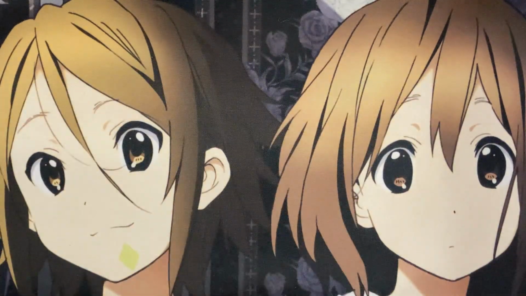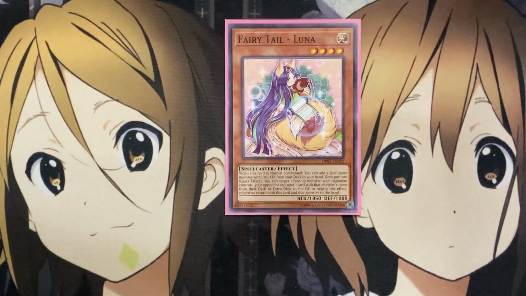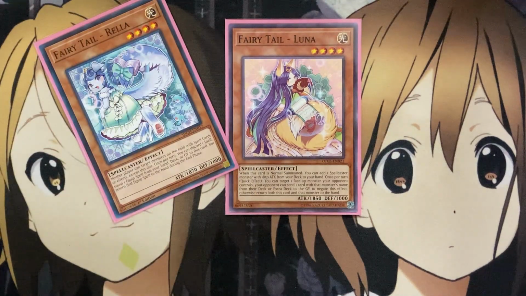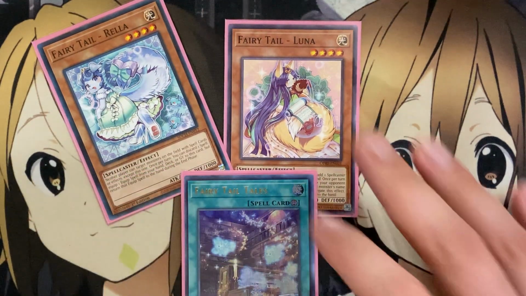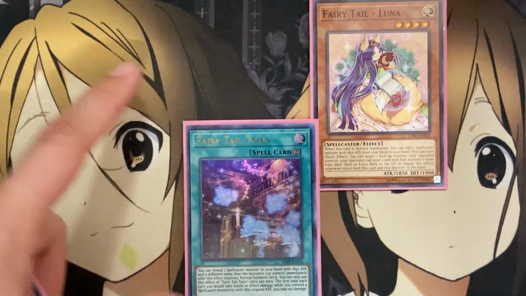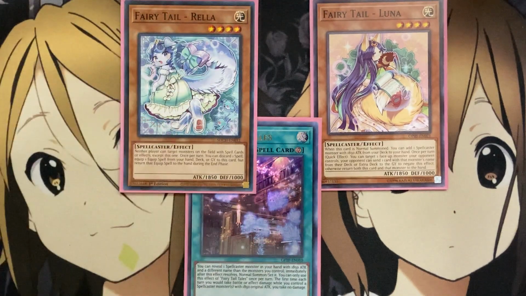And then as for some of the go-to plays, like I spoke of already, if you go for the Fairy Tale Luna normal summon, being able to then search out a monster with 800, 1000, or 500 attack. Most of the time I do like to go for the Fairy Tales, and then having the option for your Fairy Tale Tail activated on the field. This will allow you then to summon a different name monster than the one you control immediately after this card for the normal summon set. So then you'll normal summon your Fairy Tale Rella,